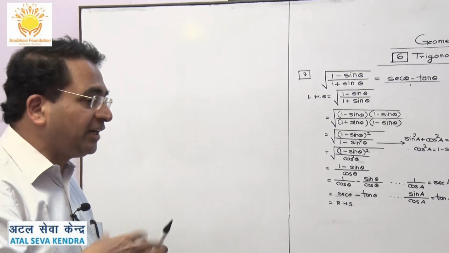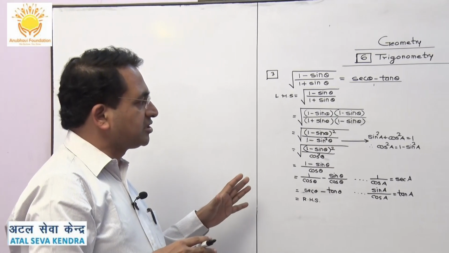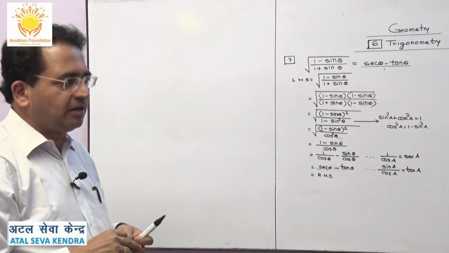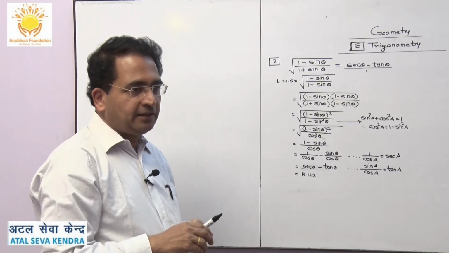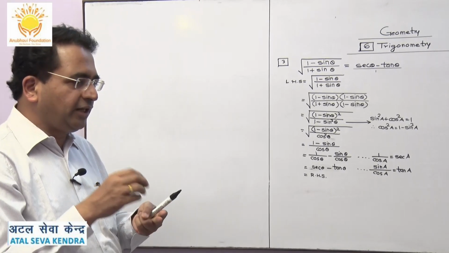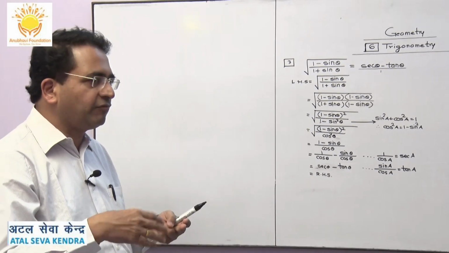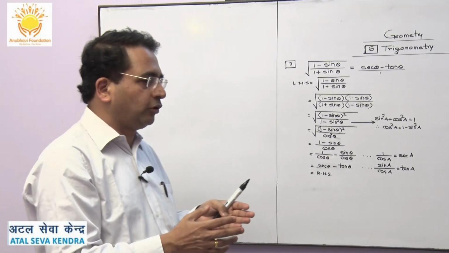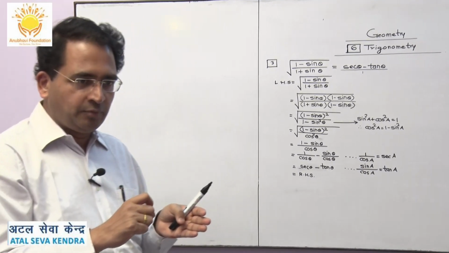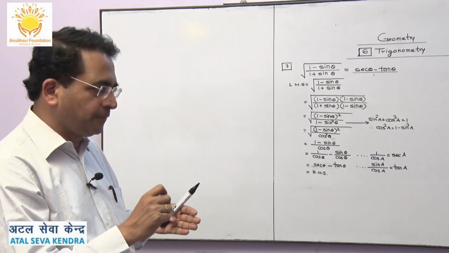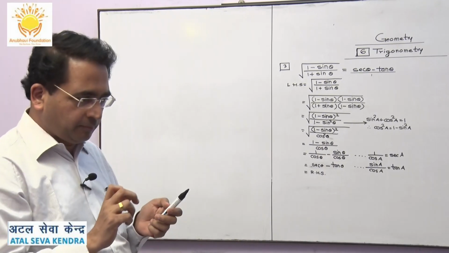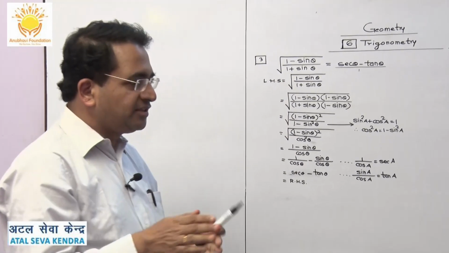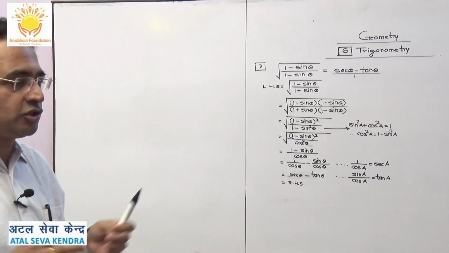In fact, we need to practice more sums on this, because this is not a time consuming task. Suppose you are writing some proof in geometry, something from similarity or circle. Then you have to draw the figure, then write given, to find, then statement reason format. So it takes a lot of time. So whenever you are focusing on time management for the paper, you have to select the sum which gives you full marks and takes the least possible time. And this is one of them. So always try to adopt this method when you complete your entire revision.